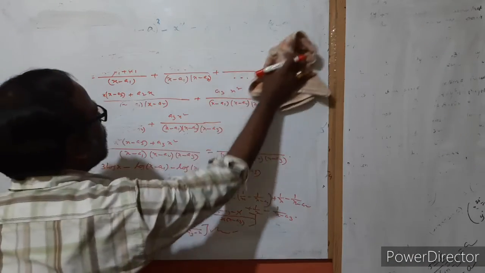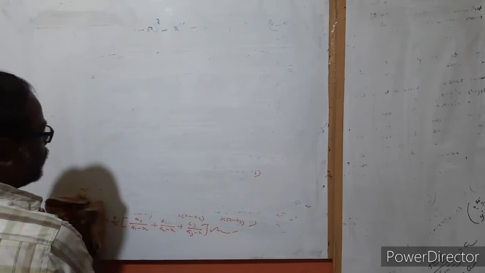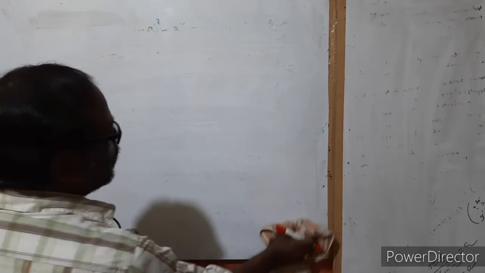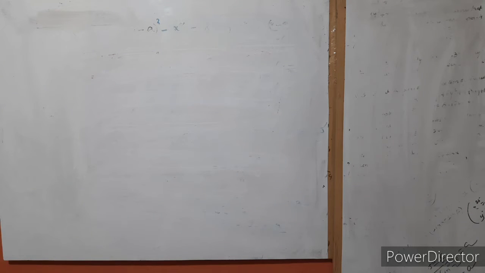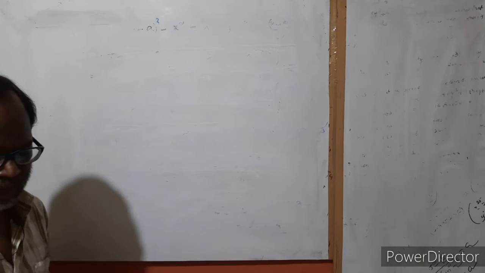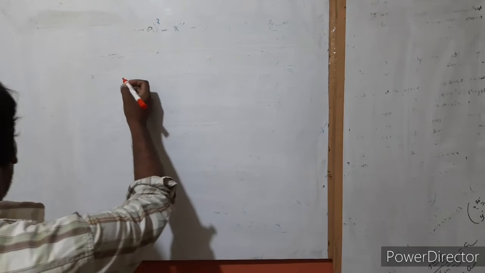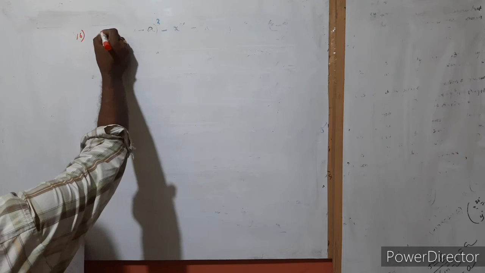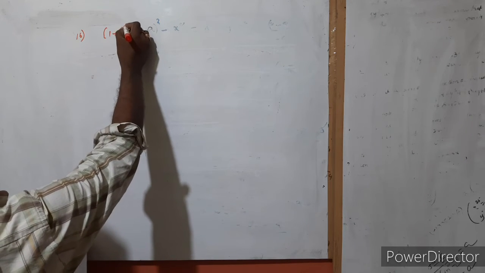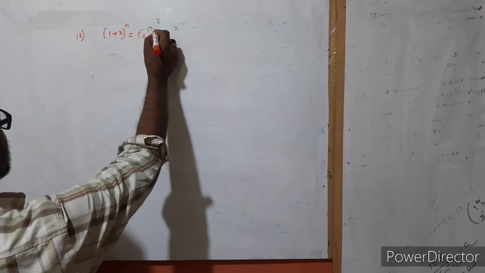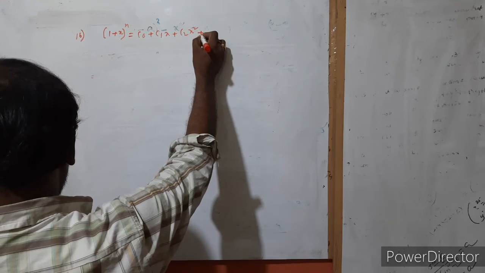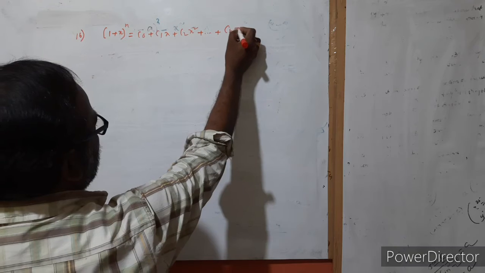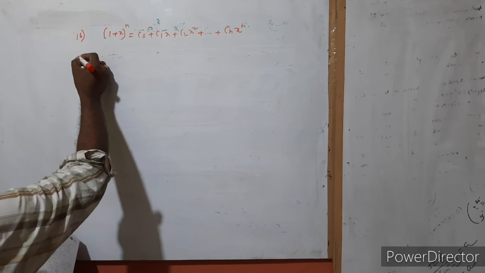See, the next problem is here. We have given that, question number 16. 1 plus x whole to the power n, that is c0, c1x, c2x square, and so on, cnx to the power n. Okay, to prove